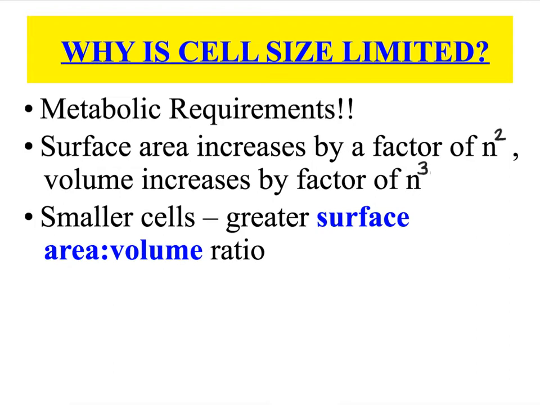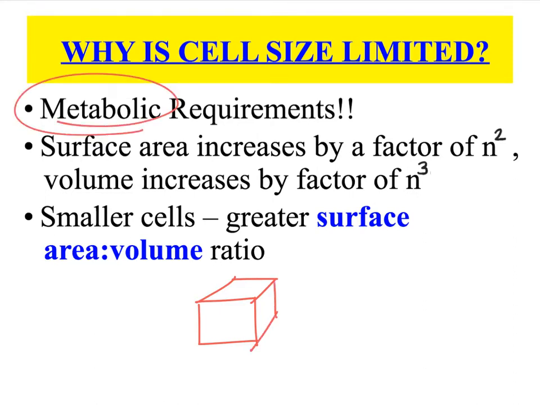And so we're going to answer this question in a mathematical way, but first, let me give you a brief explanation. First of all, if we imagine this box as a cell, one of the things that's going on is metabolism, meaning the use of energy. So imagine in this cell, we know that nutrients have to get into this cell. And we also know that waste is constantly being produced and that waste has to get out of the cell.